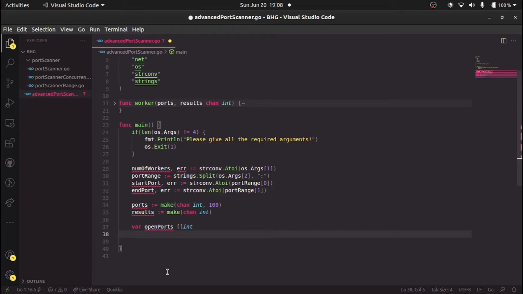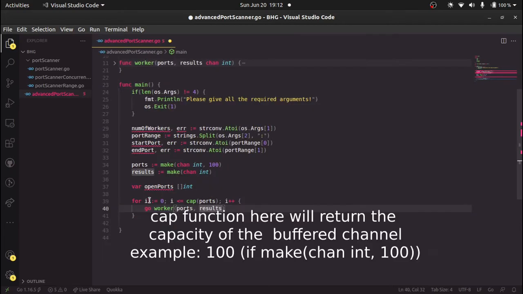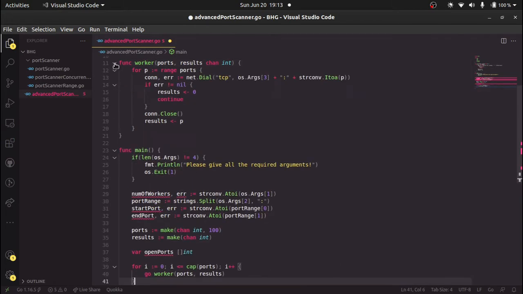So to give us sorted output, we're gonna collect all the results in this open ports slice here and then sort that. So this code here will create 100 worker goroutines, and these 100 worker goroutines will accept